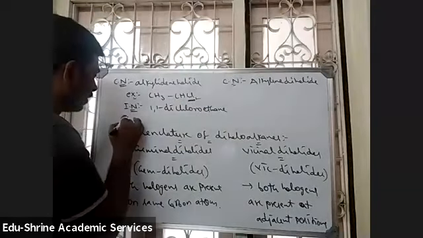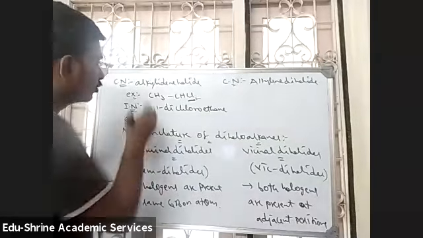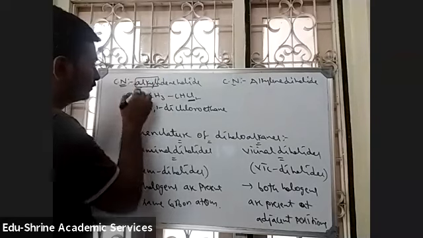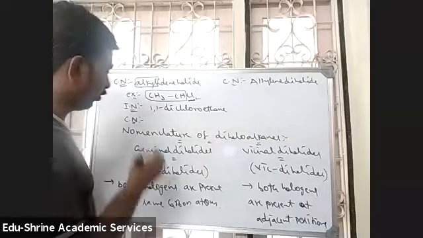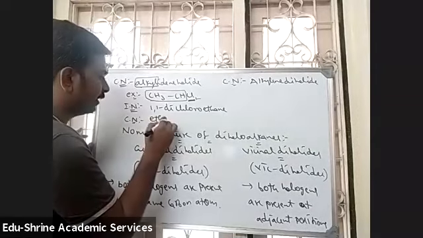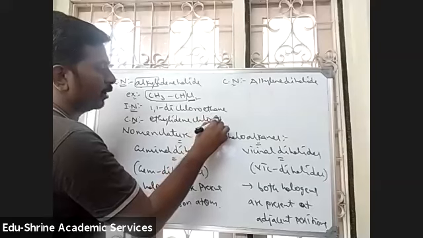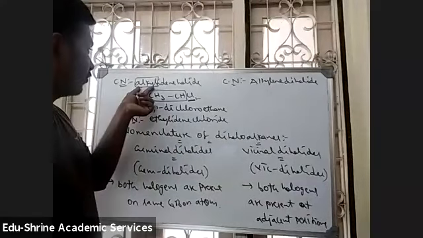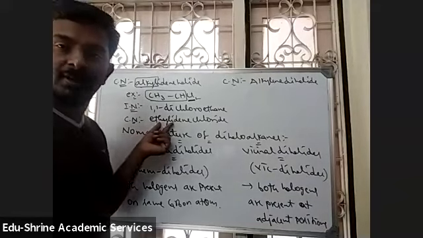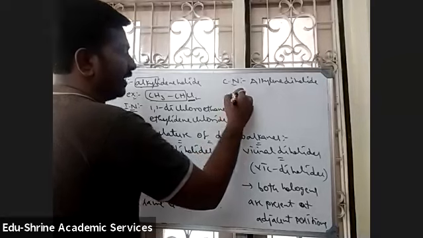Okay. What will be the common name of this, students? The common name of this is alkylidene halide. So what is the alkyl group here? Ethyl, no? There are 2 carbon atoms present. It is ethyl. So the common name of this will be ethylidene chloride, because here it is an ethyl group. So instead of alkyl, write ethyl. Ethylidene chloride.